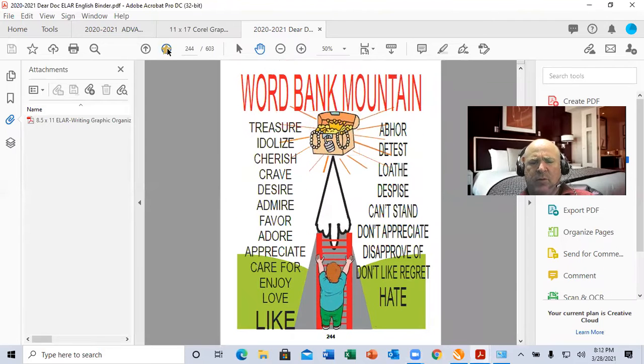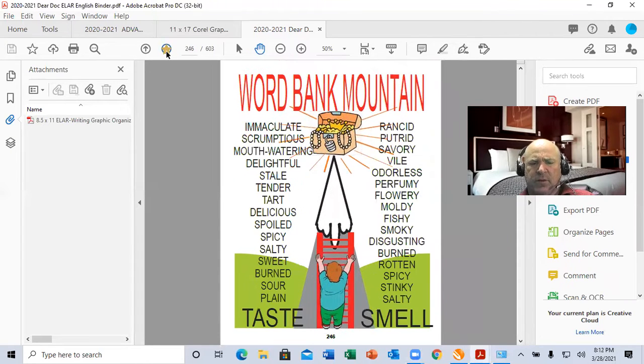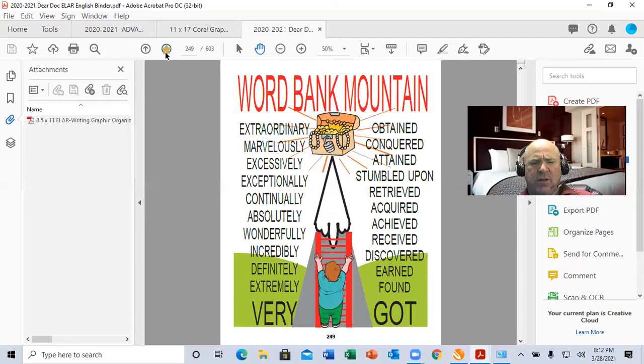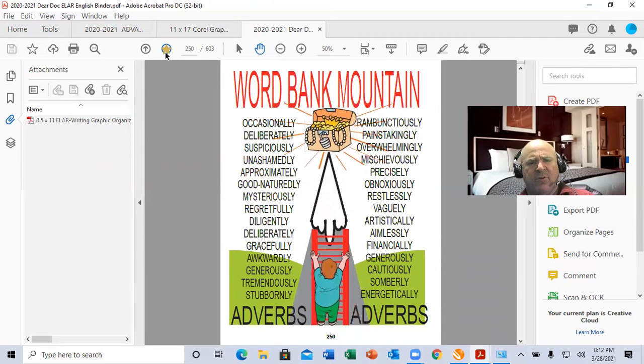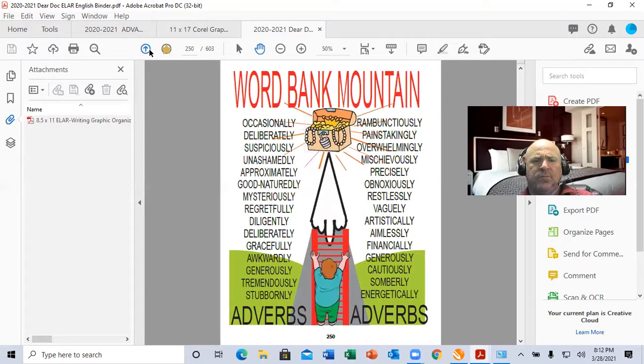Big, small, good, bad, walked, ran, like, hate, smiled, cried, taste, smell, hearing, touch, went, looked, very, got, adverbs versus adjectives, adverbs and more adverbs. So how you do things, and then it goes into the transitions.